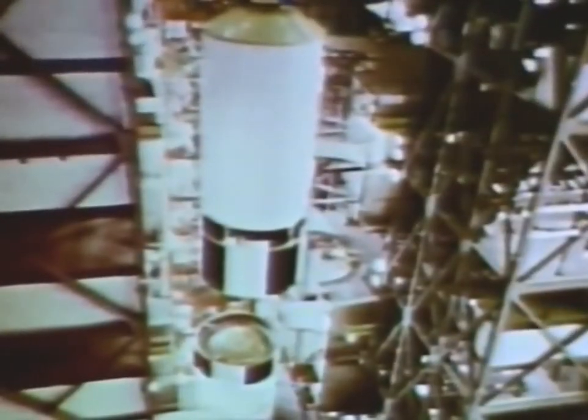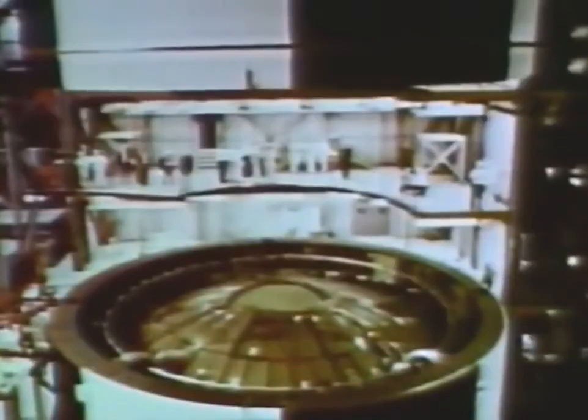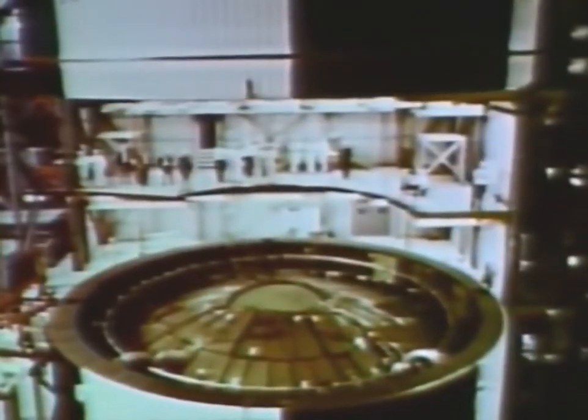The 82-foot-tall second stage, which arrived at the spaceport March 5th, was moved from its checkout stand in the building and mated to the first stage. This section of the rocket weighs 80,000 pounds empty and